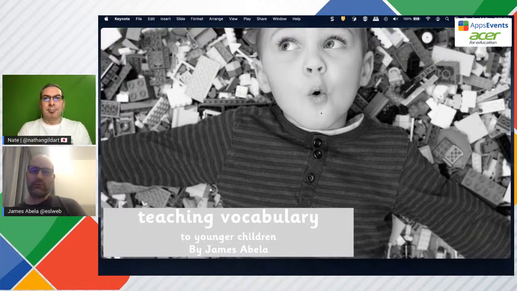And so we're looking at teaching vocabulary to younger children. I would say we're aiming this at the 4 to 7s, but anything you learn here will work with any age group. But there are things you've got to be extra careful of when you're teaching younger students, or students who are EAL. And I will stress that I used to be an EAL teacher. I've done my CELTA.